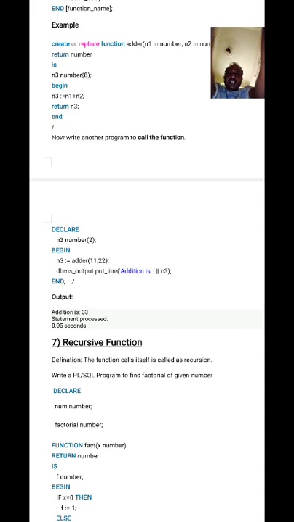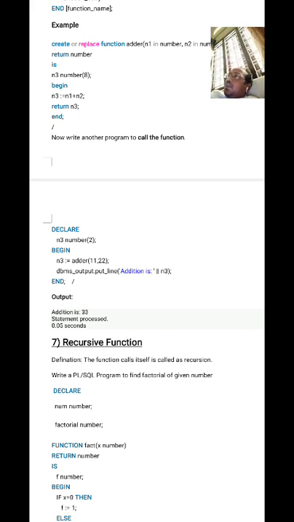Yes, recursion function. Once you just call the function, automatically from the second time onwards that function will call itself. That function is known as a recursive function. So a function that calls itself is called recursion. Whenever the function calls itself without you calling it, that is known as recursion, right? So very simple. Recursion means calling itself.